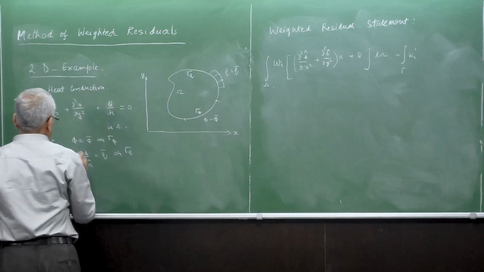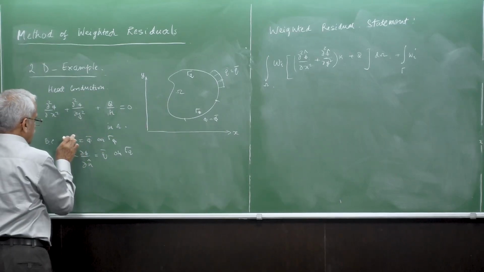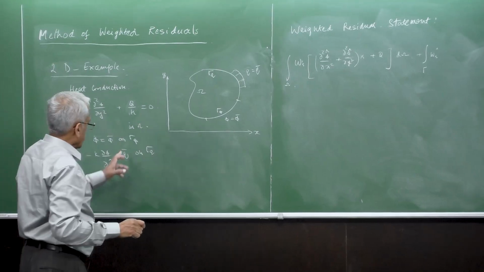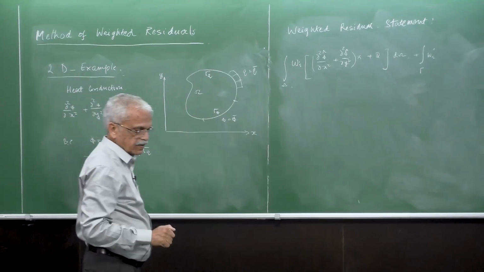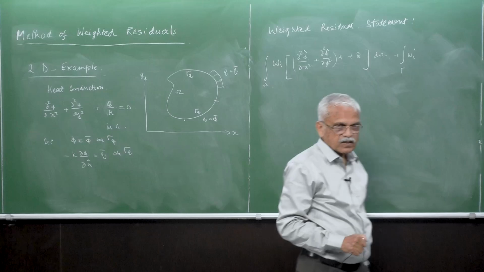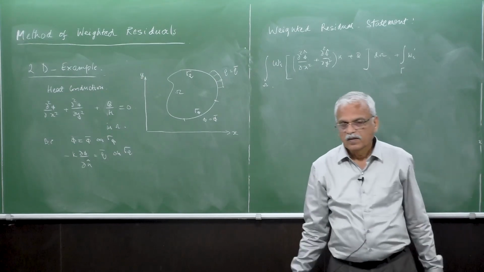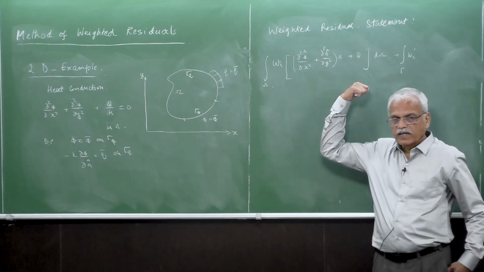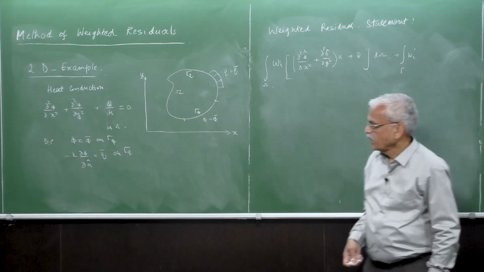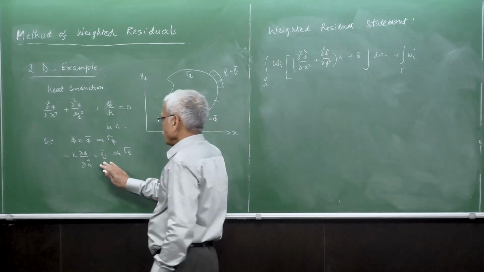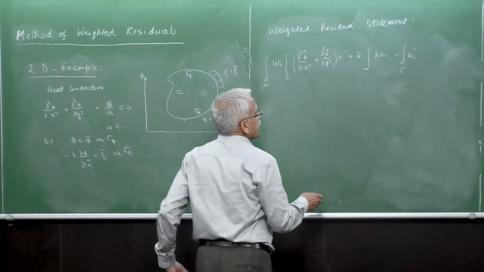And so that means that the phi hat has to be equal to phi bar. And so this part of the boundary condition is not difficult to satisfy. So that means that we assume that it is satisfied before we put it into this weighted statement. So the only thing that's left out is this one here, and that is